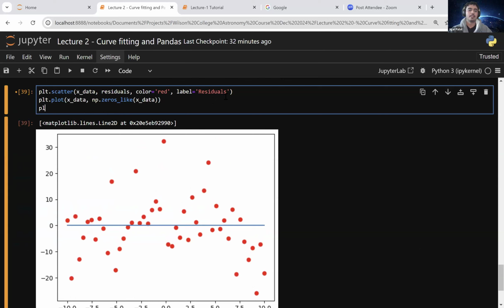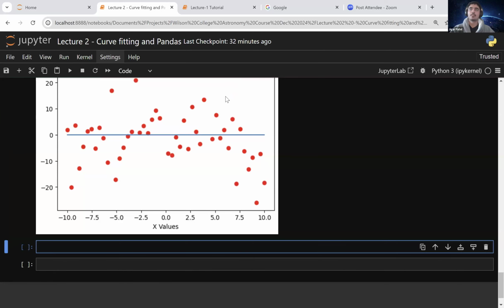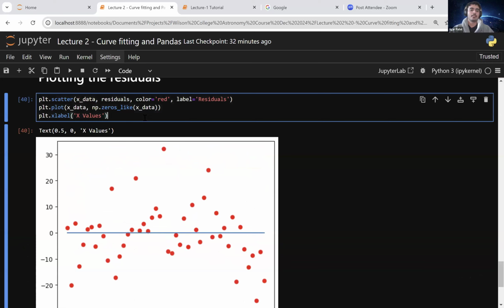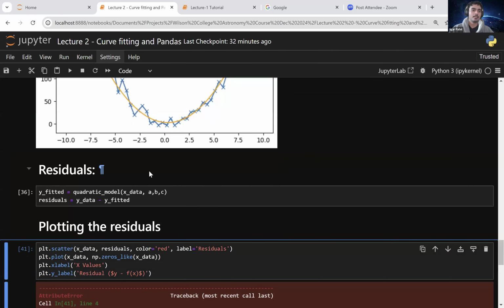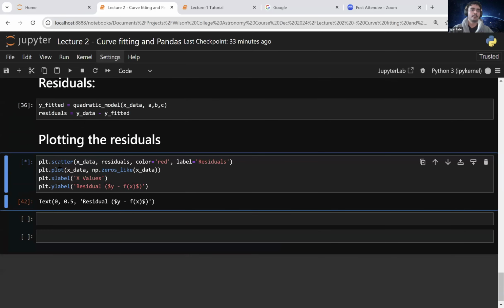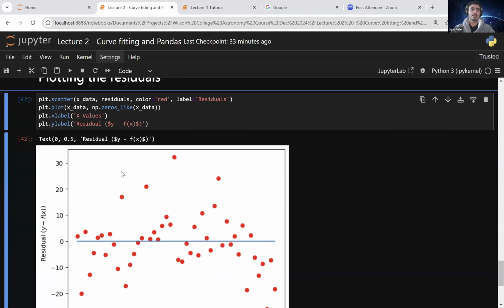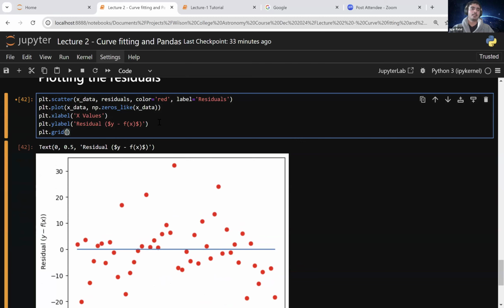Going to be plt.xlabel. It's going to be x, should be okay. So plt.ylabel is going to be residuals, and I want y minus f of x, and that's going to give me an error. So ylabel, there's no underscore. Let's put plt.grid equals True,